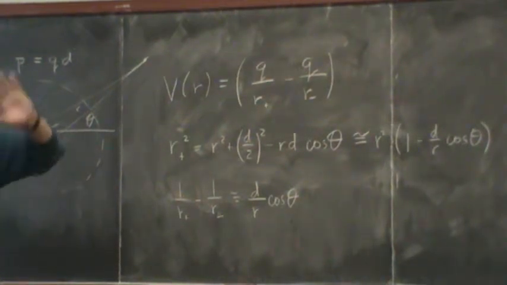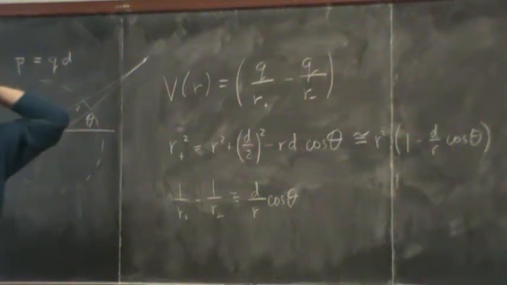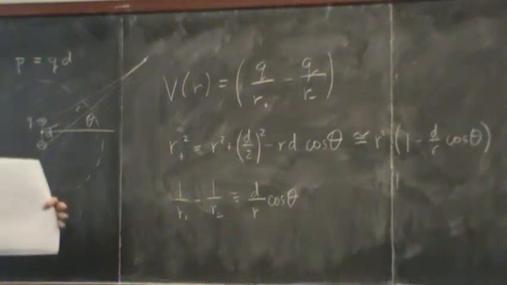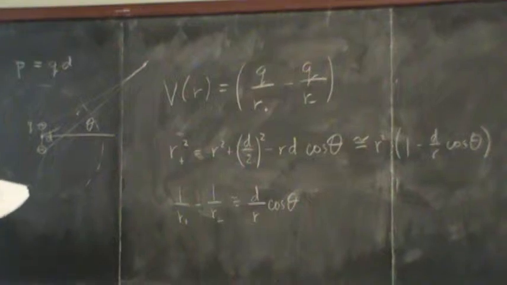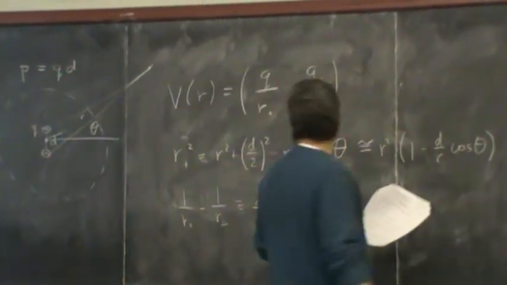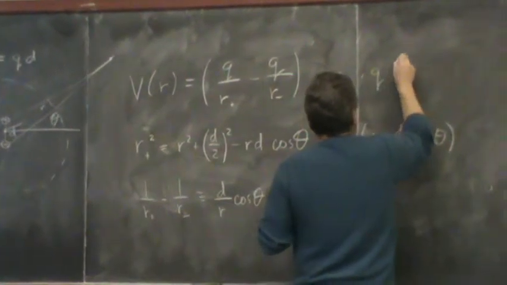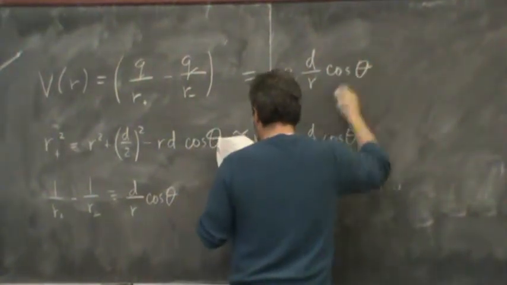Where I've dropped off terms in d over r squared, right? So I've had to say I'm far enough away that I can use the first one. And it's actually not an expansion, I'm just squaring things out and then ask which terms survive, which ones drop the least slowly. So I end up then with V of r is equal to q d over r squared cosine theta,